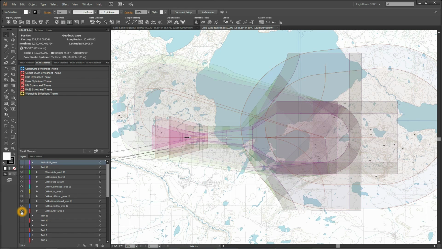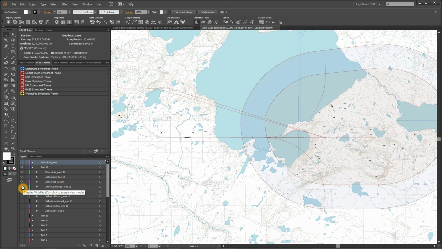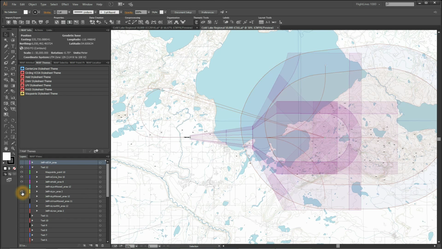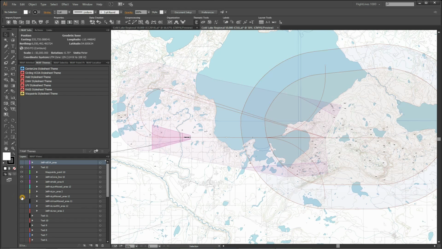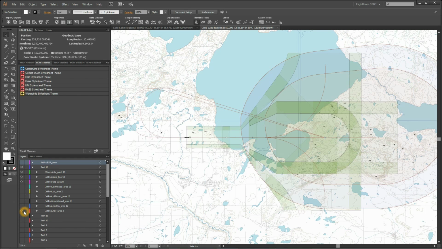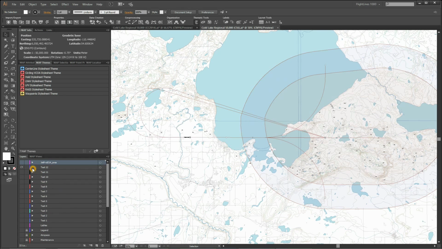The exporting from Excel is individual files or trapezoids, but on the import you can import multiple files at once. So these are all brought into the same layer. And you can see that they're all formatted nicely. Center lines for the missed approach are now included. And the formatting is standardized now. Okay, so